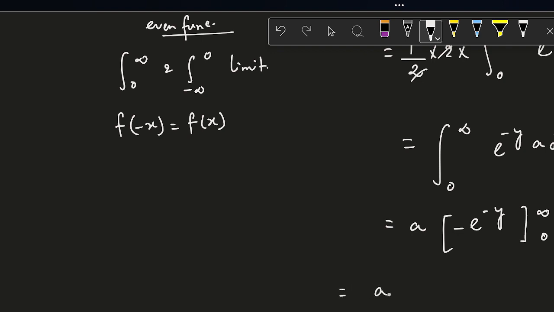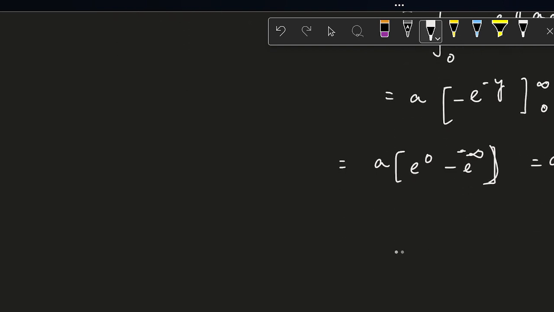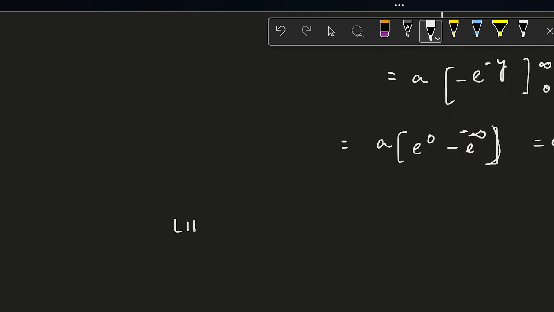So it is e to the power 0 minus e to the power of minus infinity. This is equal to a times 1. e to the power minus infinity is 0, so we'll have 0 equal to a. Alright, so we have just obtained what we expected, that our LHS is indeed equal to RHS. That means the theorem is proved